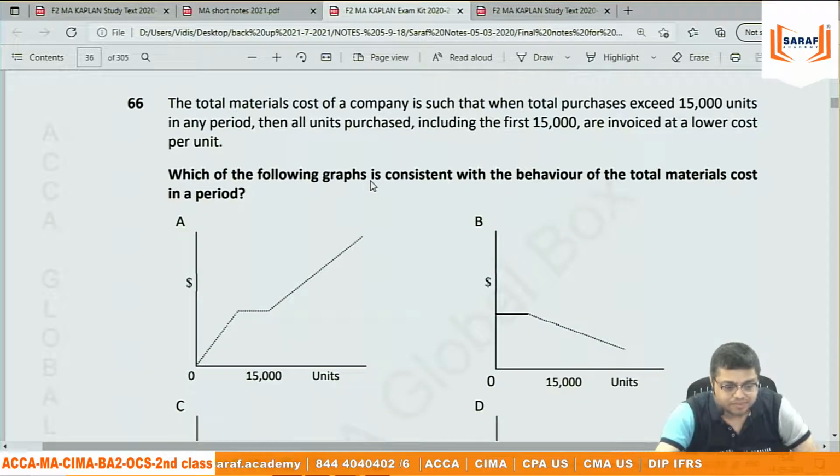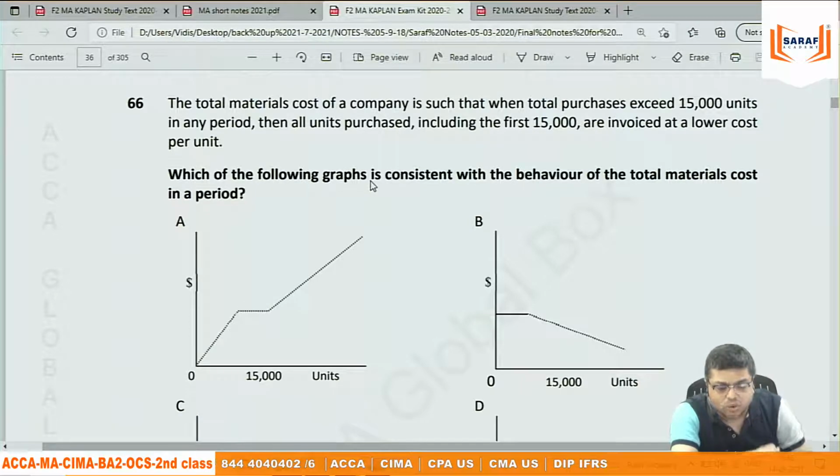Another graph. The total material cost of a company is such that when total purchases exceed 15,000 units, the total material cost